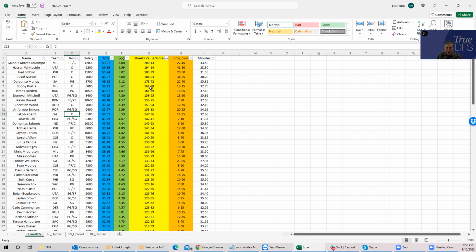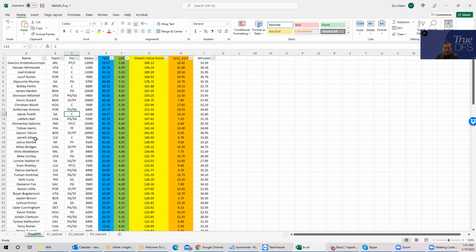Then you go down a little bit and you have a real smoothing, all the way down between Portis, Harden, Mitchell, Durant. You see the list here. What I like to do is, when I see a slate that looks like this, it reminds me that I really want to be a stickler for ownership. If you have two guys that are rated somewhat similarly, you really want to go for the guy that's lower owned, especially on a slate like this where the values are just so close to one another.